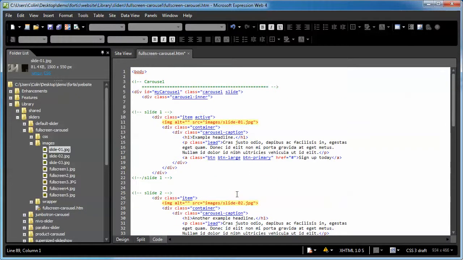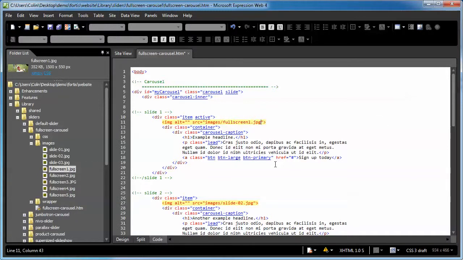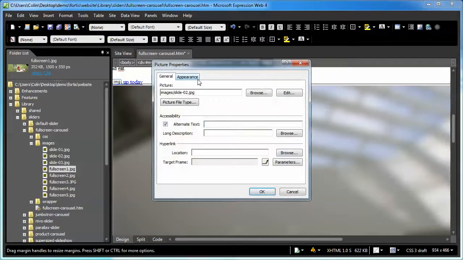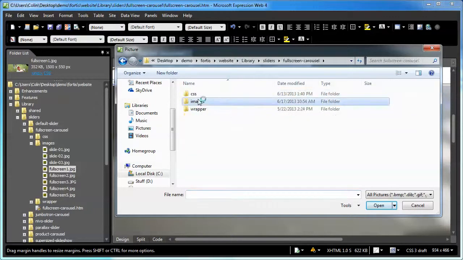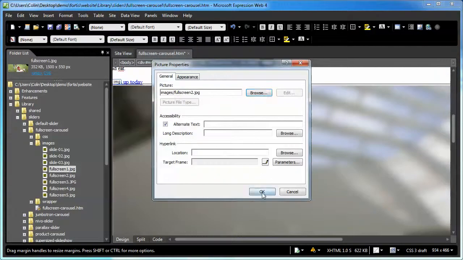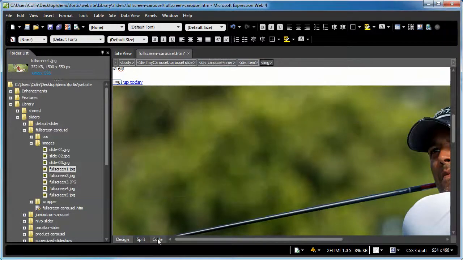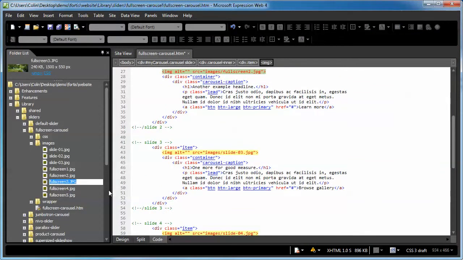Okay, so starting at the top, see where it says slide 1 JPEG? I'm just going to sort of slowly double click until I can get the rename function. I'm going to copy and then I'm going to paste full screen 1 right there. I could also, like I said, do this right through the design window. Just double click in the image, hit browse, go to my images folder and select the image. It changes it right there. Then I double click and I get rid of the specify. But I've used that in most of the other tutorials when really it's just as fast to do the old